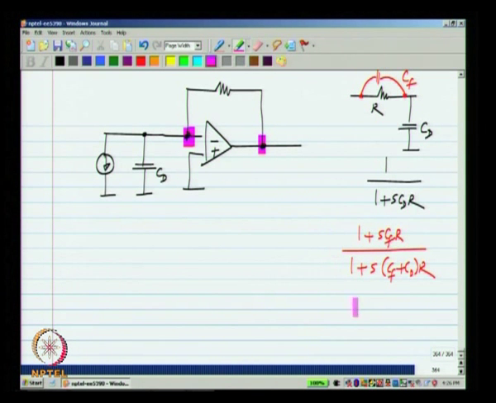You can think of it in the frequency domain, this zero will provide a phase lead. Alternatively, you can think of it as the resistor takes a long time to charge the capacitor. So, you provide a lot of charge by connecting a capacitor across it, so that if you apply a step at the input, the output also will be a step, because the capacitor CF provides a lot of charge. Or alternatively, you can think of it as a fast path, bypassing the slow path R.